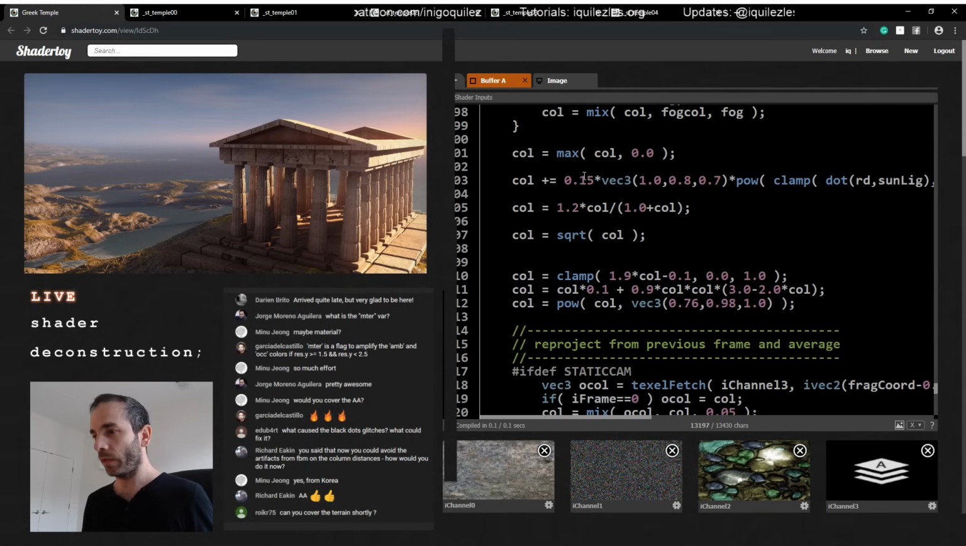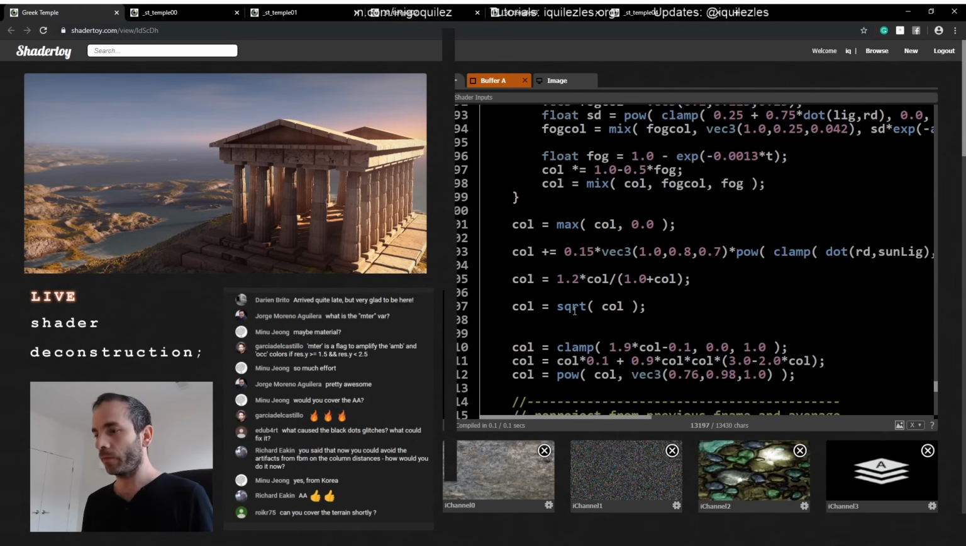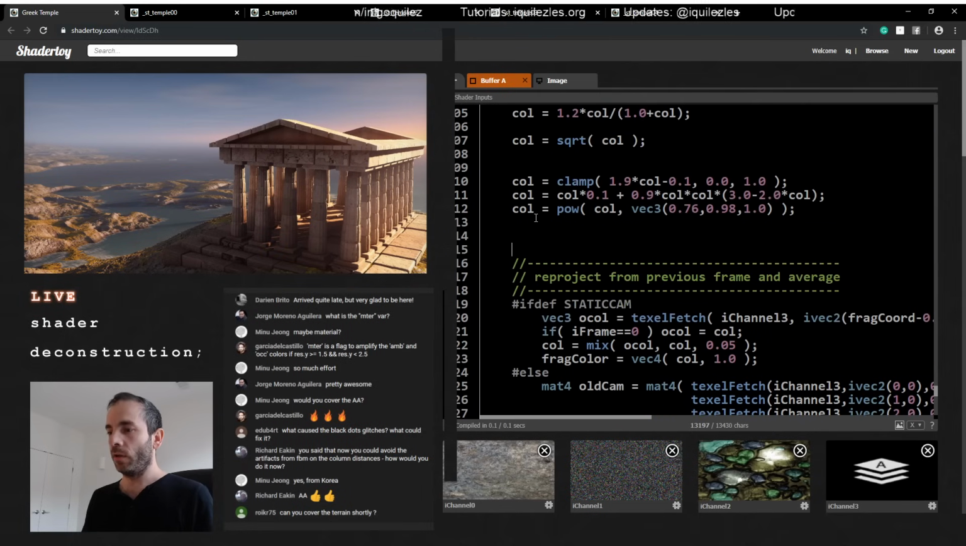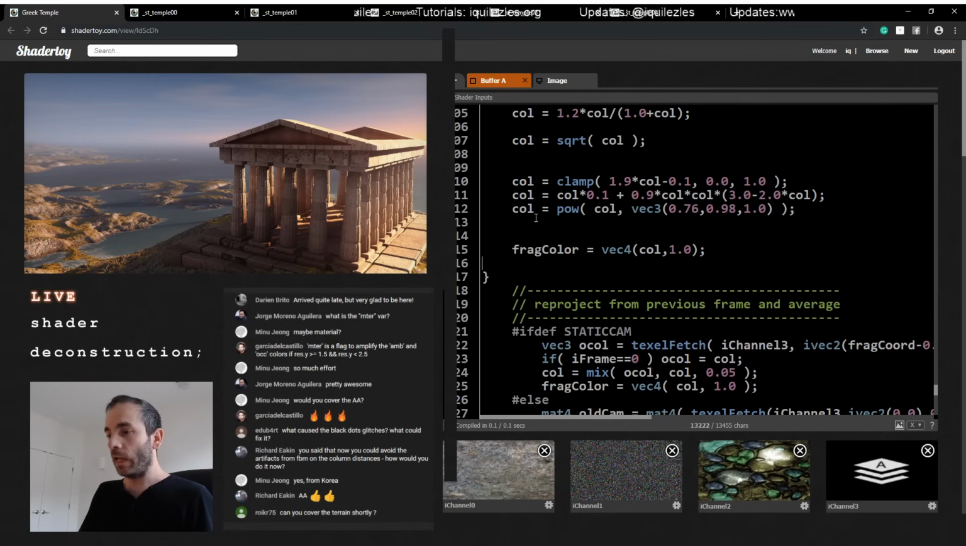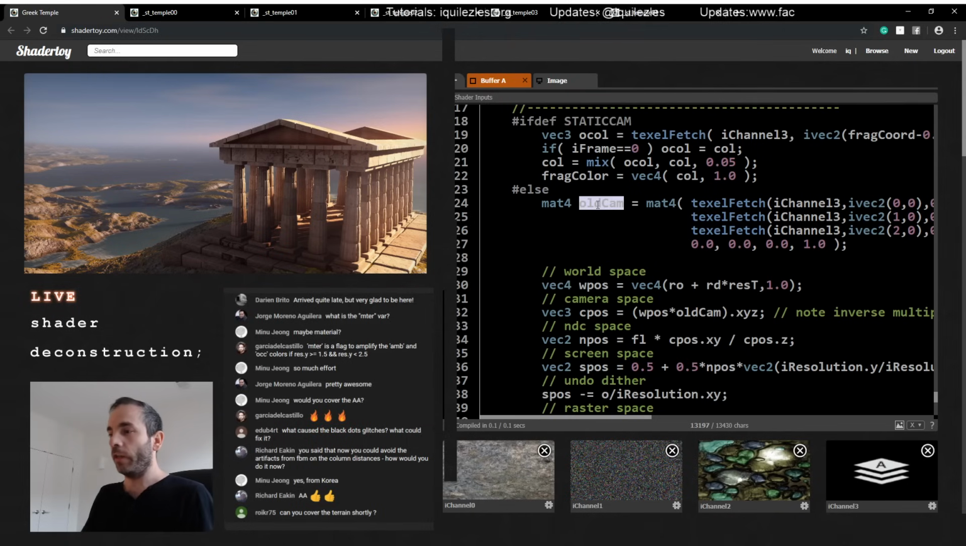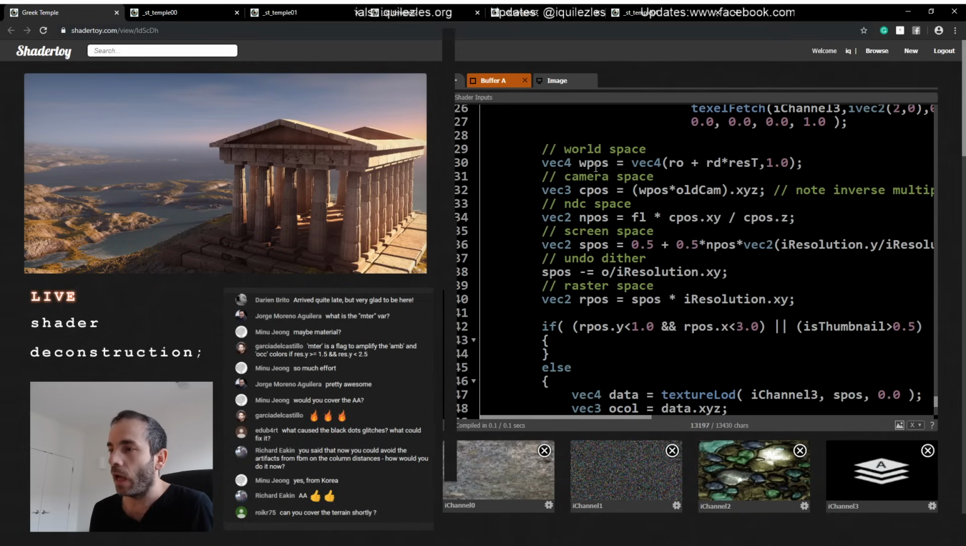So this is the shader, the main shader. This is where our lighting is, our gamma correction, our color processing. And normally this is where you would just do frag color equals color, and that would be the end of the shader. But instead, this is the reprojection technique where I fetch the old camera matrix, and I can explain how I do that, but I extract the old camera matrix from the previous frame, and then I use that to generate